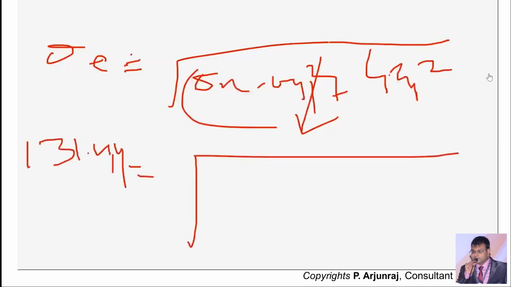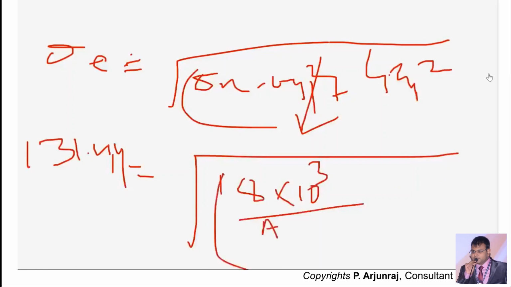Sigma x is nothing but 18 into 10 power 3 by A, the whole square, plus 4 into tau xy, which is 12 into 10 power 3 by A,